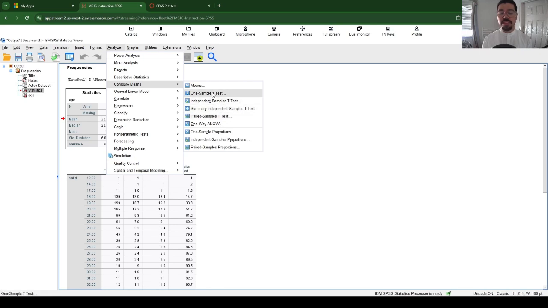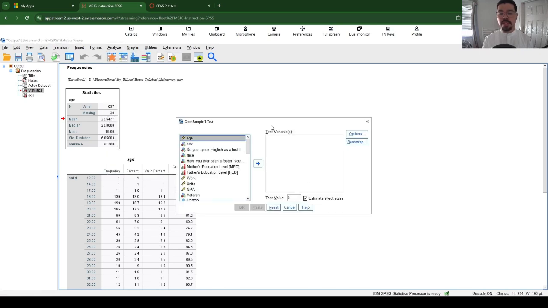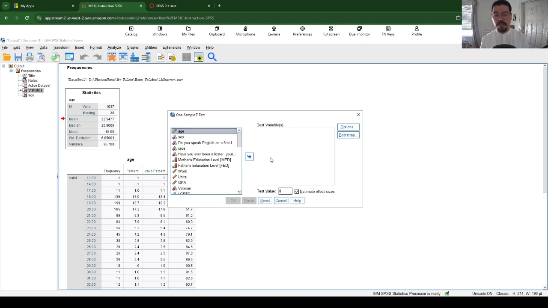We're only working with one sample. We're comparing it to the population. So we'll click one sample t-test. You're presented with this pop-up window as we get into the habit of being more familiar with conducting these analyses. You're going to find that you'll often be presented with somewhat familiar looking pop-up windows to help you navigate conducting